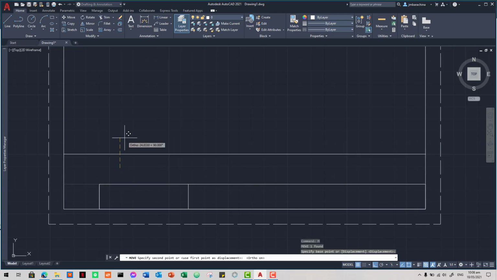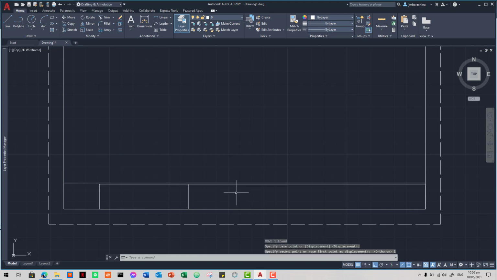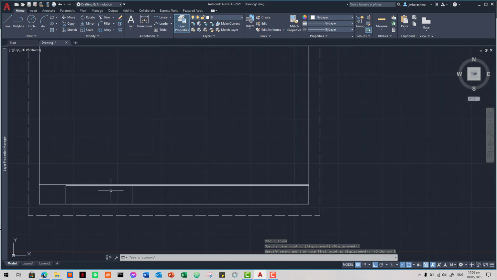I'll turn on the ortho mode. I want it to be moved by 1 millimeter. So there you have it. Okay, and I'll